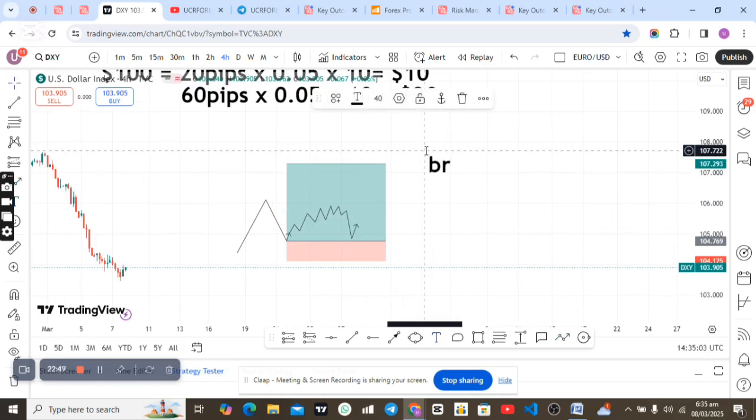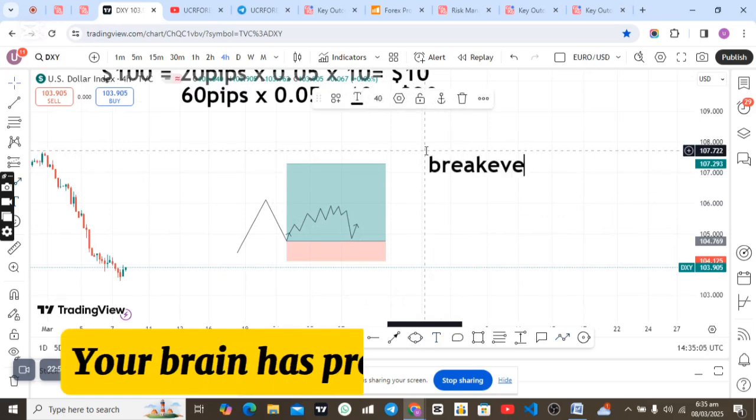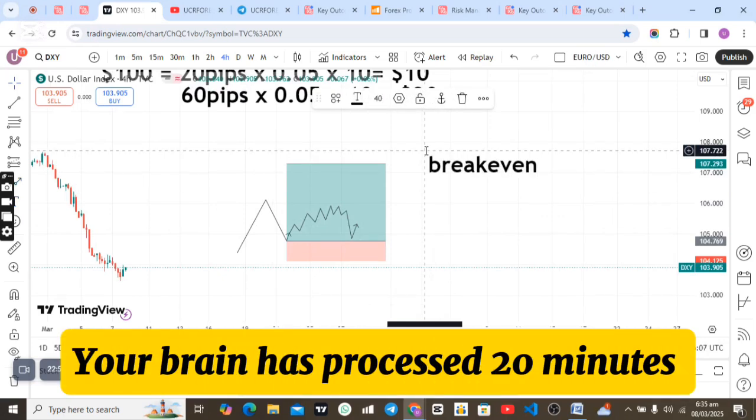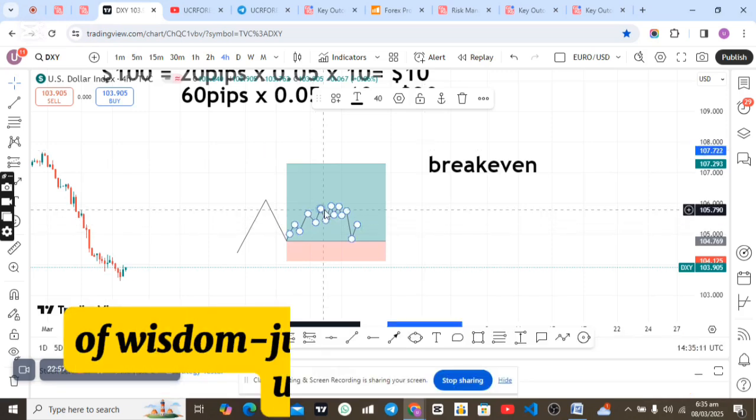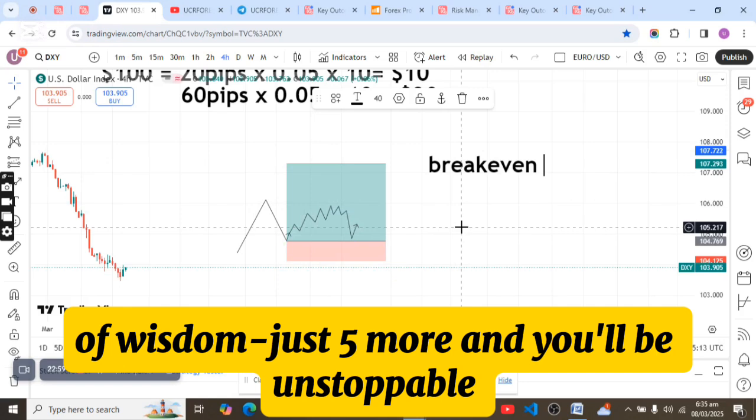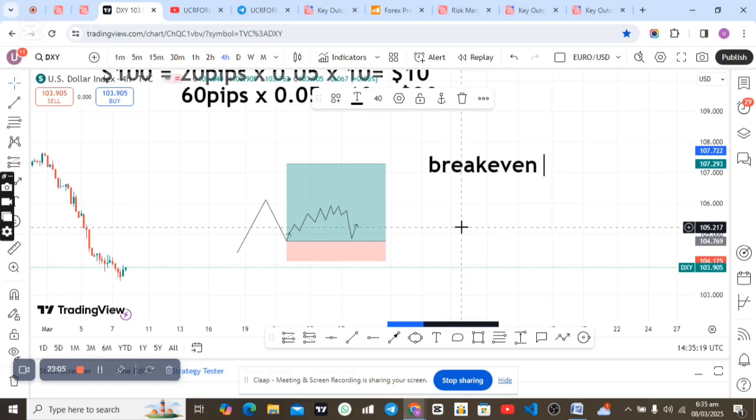Okay, let's use the word break even, a very famous one. Everybody knows break even. It will help you secure your capital. Now you are on profit, and you don't want to say that I saw a profit, and at the end of the whole day, now I've lost. There are two ways to do this. You can move your stop loss to break even, or you can move your stop loss to cover some profit that you have already made.